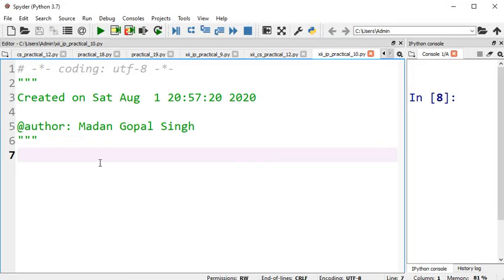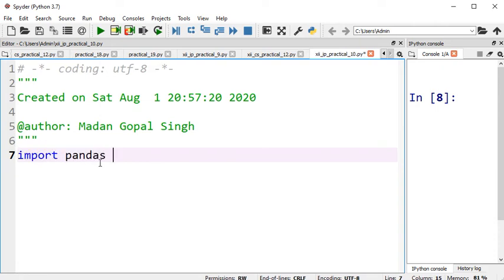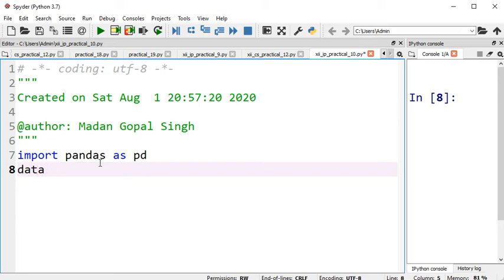So I am going to import pandas as pd. Then I am going to create a data dictionary, data_dict. You may take any values.